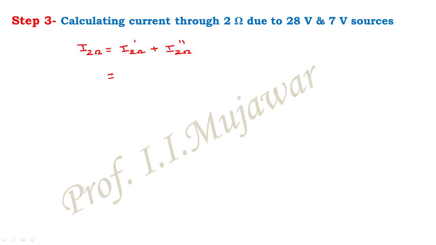That means here your first current is 2 ampere, second current is 2 ampere, so that is equal to 4 ampere. So 4 ampere is the current flowing through 2 ohm resistance when 28 volt and 7 volt sources are acting at one time. Now, if the question is to verify this theorem, then for a given circuit, I will use either say mesh or node analysis and calculate current flowing through 2 ohm. So that answer, if it is equal to 4 ampere, it means the theorem is verified.